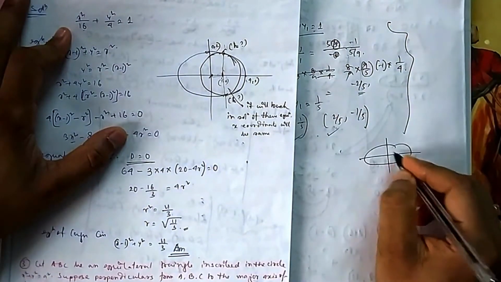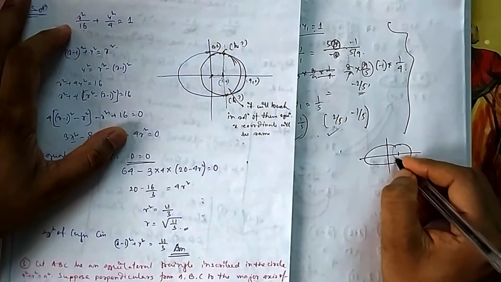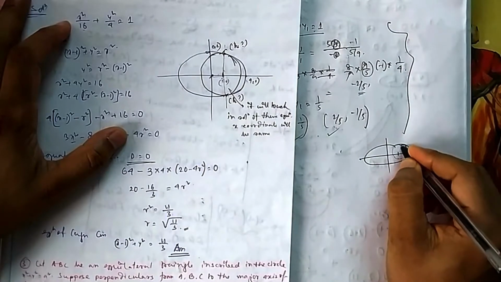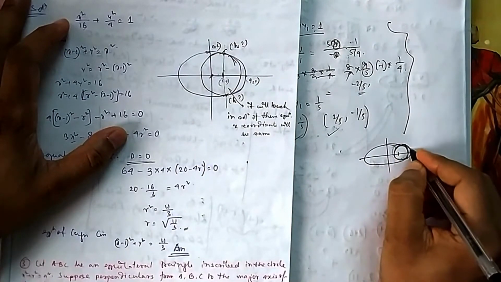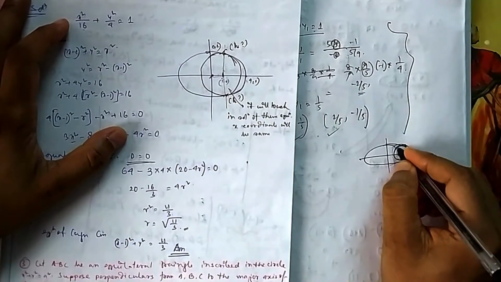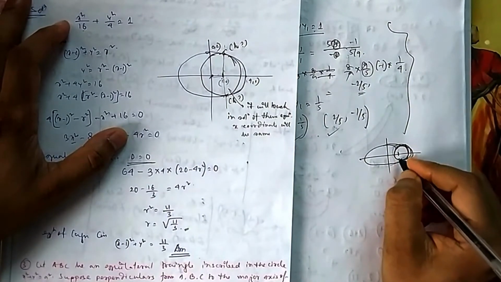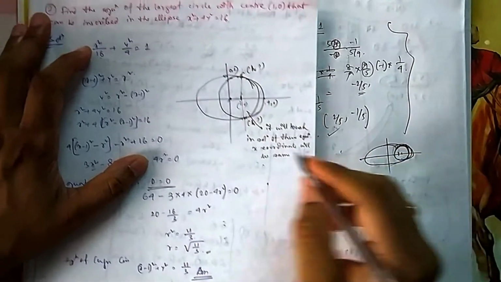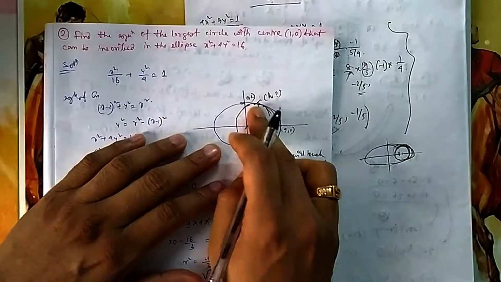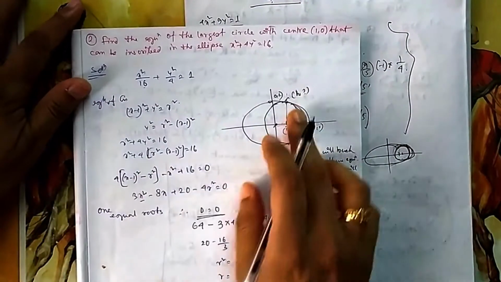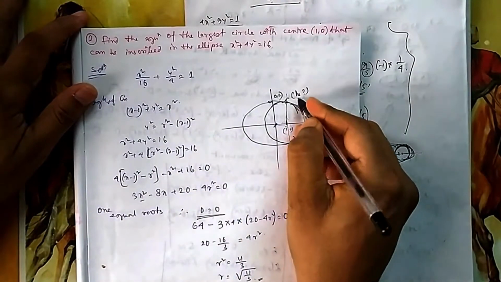Suppose this is my ellipse, this is 1, 0, so if it is touching, it can touch here also. The maximum point, if it touches here also, then also you will stop it. You don't know where it will touch. It is not sure that it will touch at 1, 0. If you take 1, because the ellipse is not symmetrical, this side is curving more. Circle is symmetrical in the sense, but ellipse is not. So you are not sure whether it will be 1 or not.